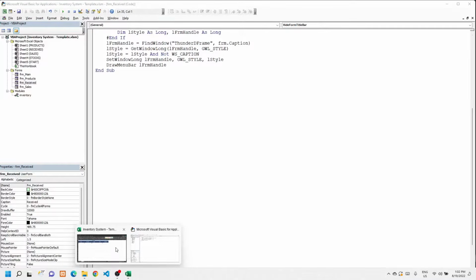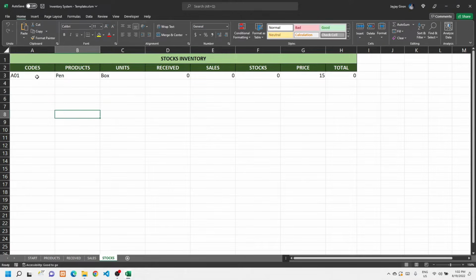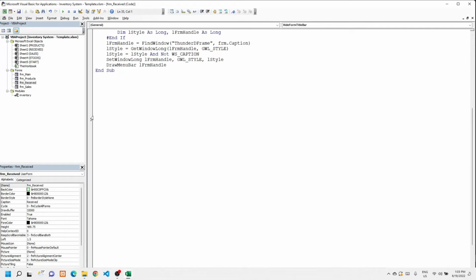So here in our stocks worksheet, we need to get these code values, and we will be adding those as items to the code combo box. So let's name the procedure get codes, and